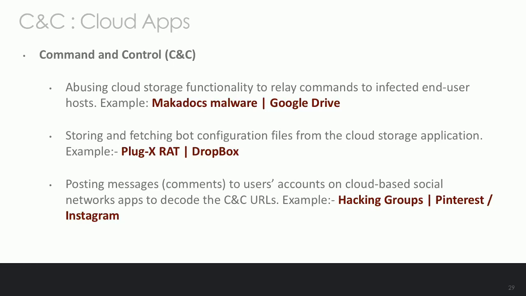What it means is, if your end system is infected and some communication needs to happen with the command and control server, it will be relayed through the cloud app. The attacker has some mechanism set up in one of the compromised accounts in the cloud app, and from there onwards it can go on. Rather than the end user hitting the command and control server directly, it is going to hit the cloud app, check some of the functionalities, and then the attacker will be able to figure out what's going on. I think one or two or three years earlier, one of the first variants was the Macadox malware, but we also found PlugX that was distributed through Dropbox and several other scenarios.